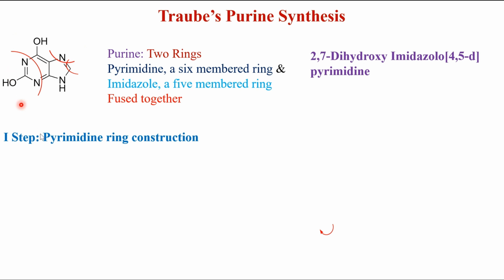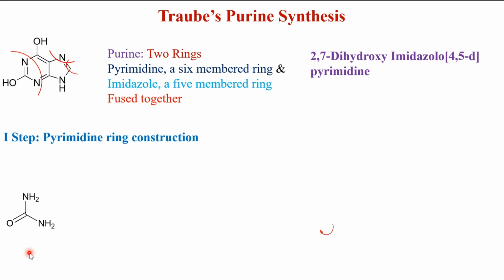First, for the synthesis of purine, as we know that it has a pyrimidine ring system and an imidazole ring system, Traube synthesized the pyrimidine first, and after construction of the pyrimidine ring, he constructed the imidazole ring over that pyrimidine ring. The first step involves the construction of pyrimidine. For doing that, he took N-C-O-N as a fragment. This fragment can be obtained from